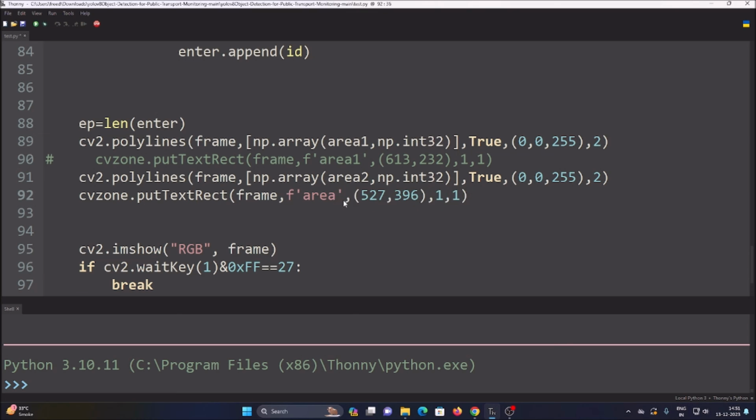Here I need to mention count as a variable, or let's say counter, like this way, and then we are going to mention our counter, which is EP. That's it. And then what else do we want? We need to mention the coordinates. So 50 and 60, and then let's say 2 is the rectangle size and 2 is the text size. Save the code, run the code,